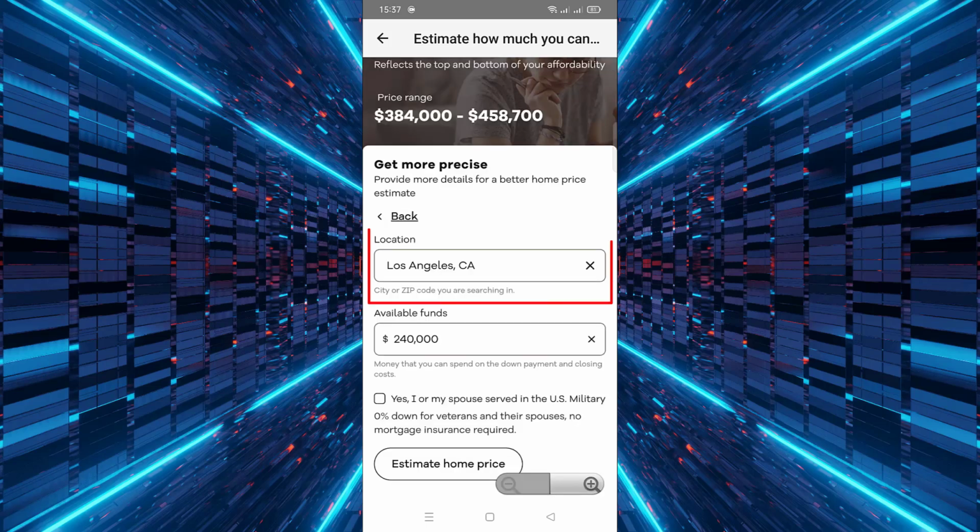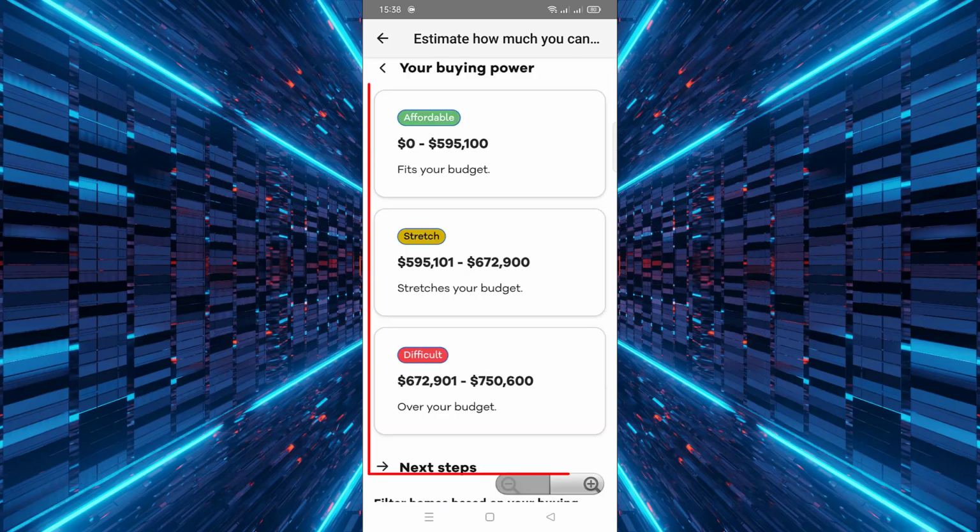You will then choose your city and enter the available funds you can spend on your down payment and closing costs. Next, if you or your spouse have served in the military, make sure to toggle Yes under the military service question. Finally, click on Estimate Home Price, and the app will provide you with 3 affordability categories: affordable, stretch,